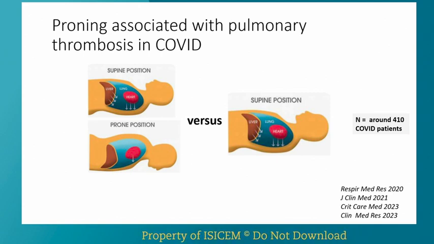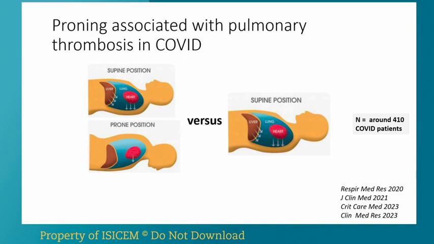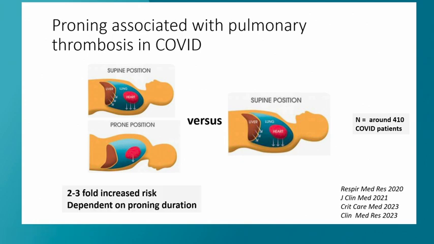We didn't have any data on proning, the length of proning, so we decided to leave it out, but there have been 4 other studies that have looked into this. They have compared patients that were prone versus patients that were not prone, and they consistently found a 2 to 3-fold increased risk of developing pulmonary thrombosis. And this was a dose-dependent phenomenon. So it depended on how long the patients were prone, and also probably this relates to low flow in the